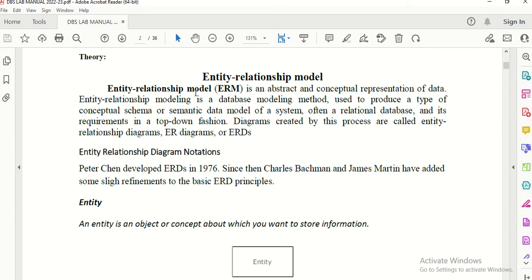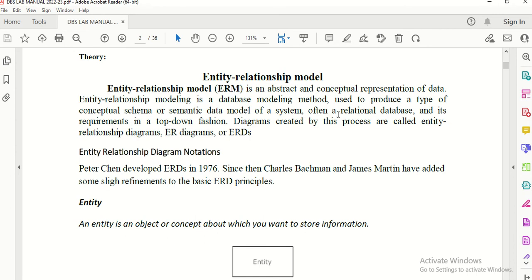So entity relationship model is an abstract and conceptual representation of the data. So whatever problem statement is given to you, for that you can prepare an ER diagram or ER model. Entity relationship modeling is a database modeling method used to produce a type of conceptual schema or semantic data model of the system.